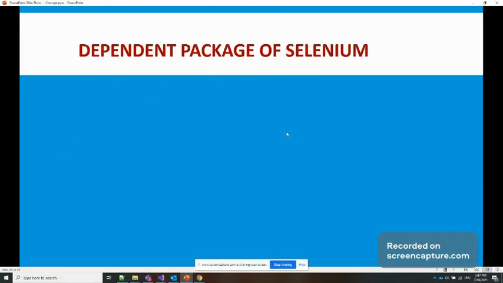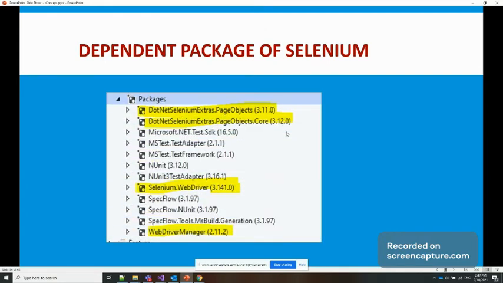Okay, so now the dependent packages of Selenium. I will put the screenshot here, showing what is responsible for the Selenium setup along with BDD. From the bottom, one package is WebDriver Manager.